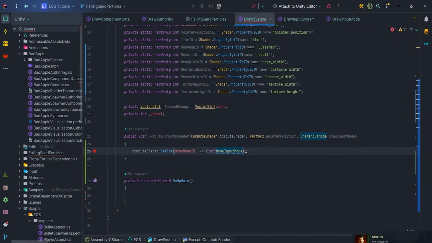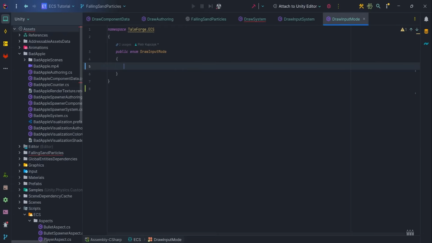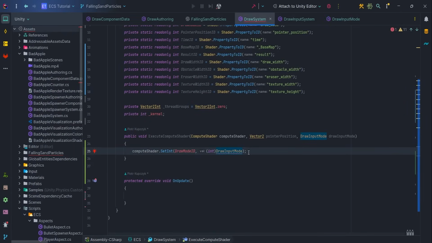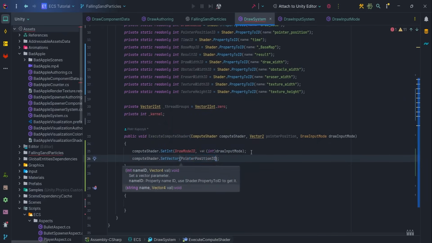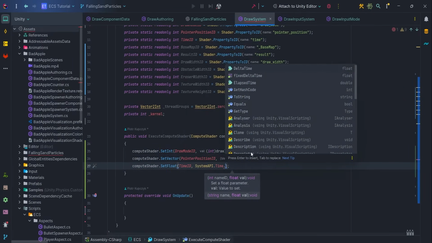We need to modify DrawInputMode, so let's open DrawInputMode and change class to enum. We need four states: None, which is basically the default mode in the DrawInputSystem logic, DrawParticles, DrawObstacles, and EraseObstacles, which allows us to react to the pointer position and execute ComputeShader depending on the state. Okay, let's go back to DrawSystem and fix the variable name. Then set vector pointer position ID, set float time ID, and at the end call our execute